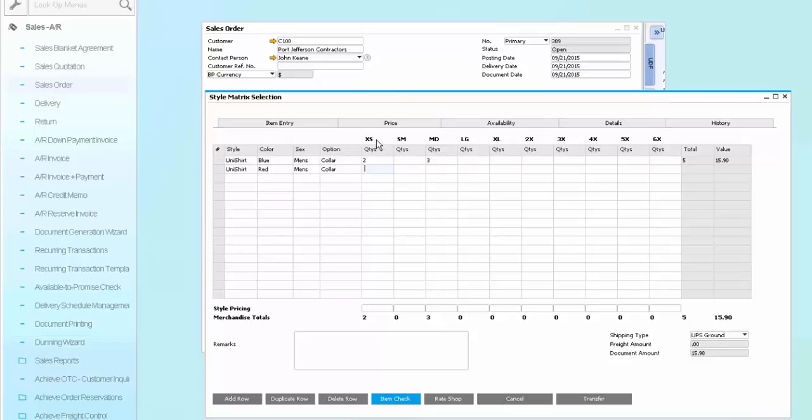I can purchase in this shirt extra small all the way through 6X, whereas in the blue shirt, I was able to only order in extra small through large, showing me that that shirt was not available in the additional sizes. Additionally, as we go through the columns, you'll notice that in addition to showing the number and value